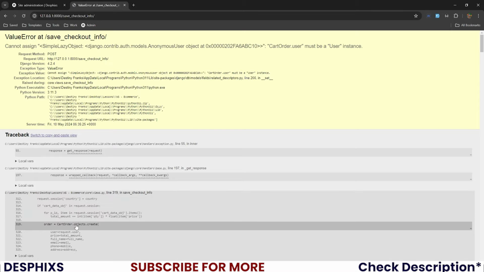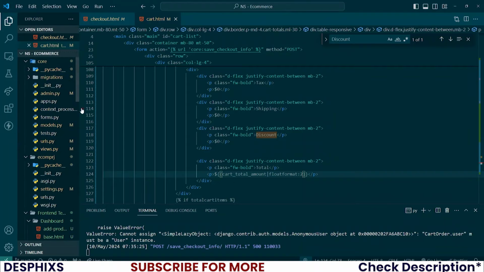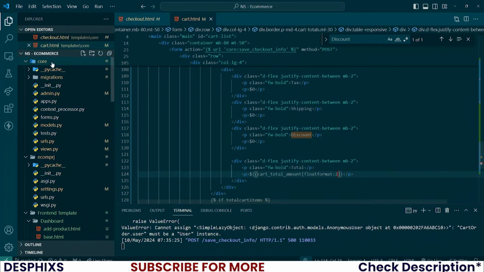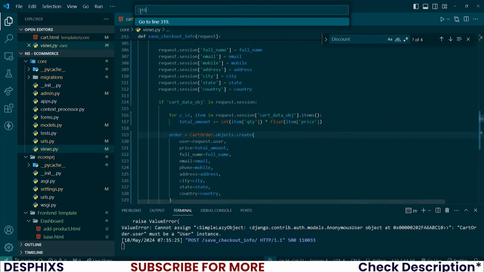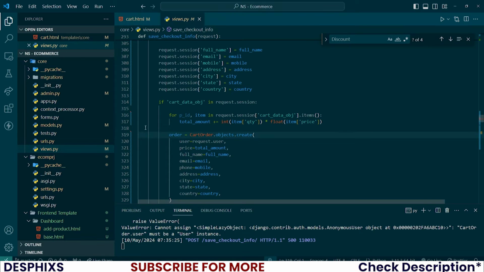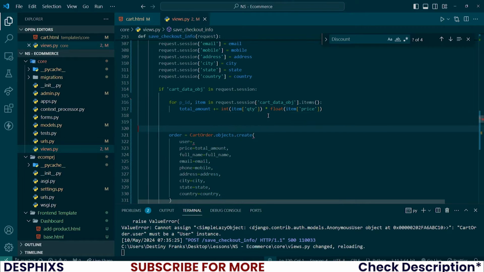You can see that this error is coming from over here in views.py line 319. So hop over to the core app, views.py, line 319. You can hit Ctrl G on your keyboard and type out the line that you want to navigate to, and then there you go, see the line. So the issue now is that user over here is calling request.user, which I don't really want. So what we could do is, instead of just calling request.user over here, we could say, somewhere here, if